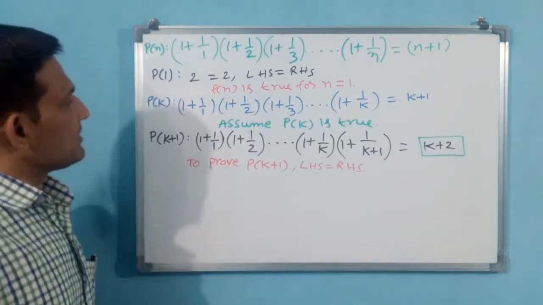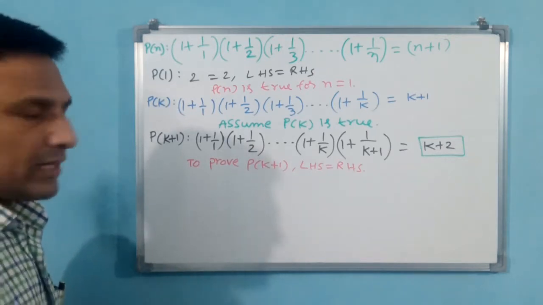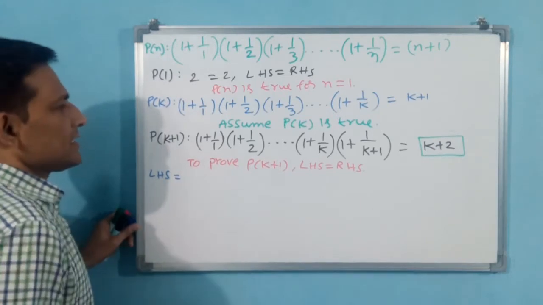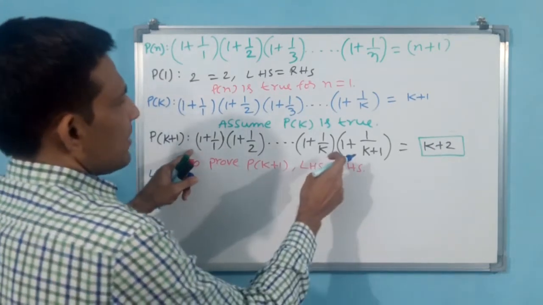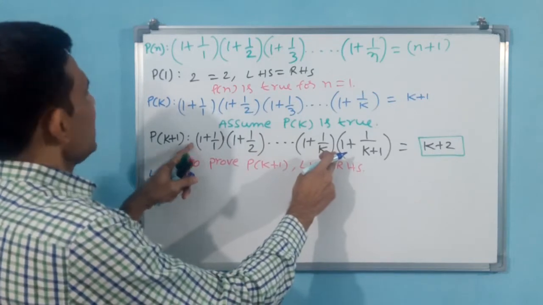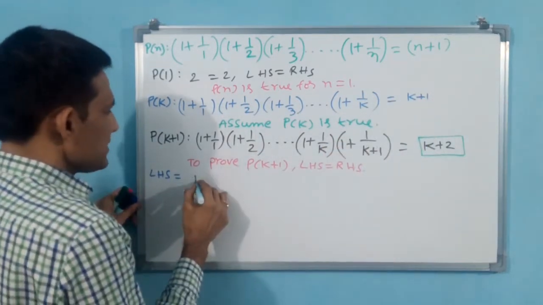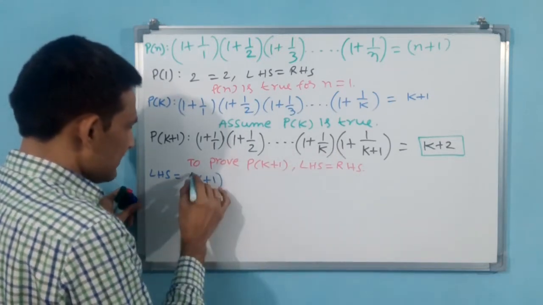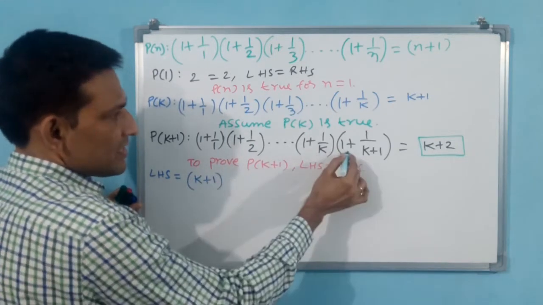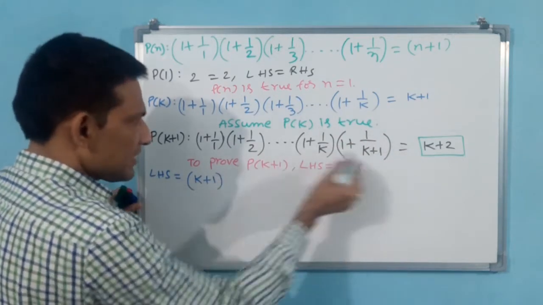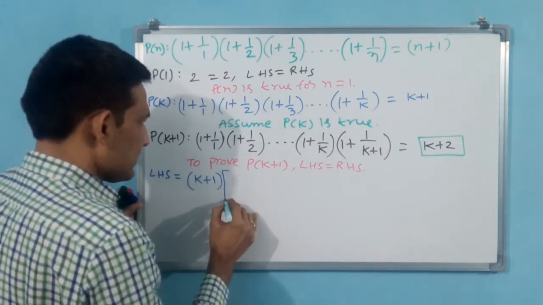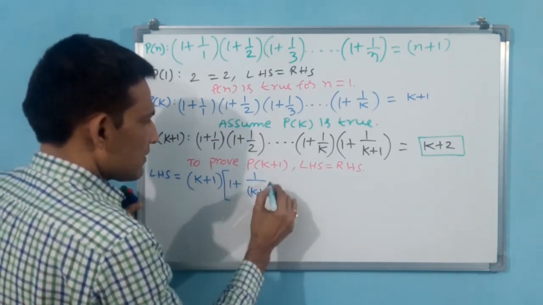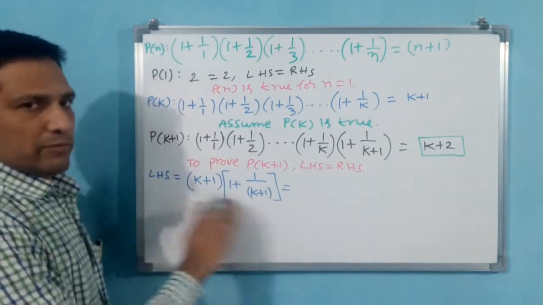Okay. Let us take LHS and see if we are able to prove the RHS or not. LHS is equal to, up to 1 plus 1 by k, I can replace this with k plus 1. Afterwards, into is there, then you put parenthesis. Here, rather than parenthesis, put a bracket. Why? Because k plus 1 again you have to put in parenthesis, 1 plus 1 by k plus 1. This will be good practice.